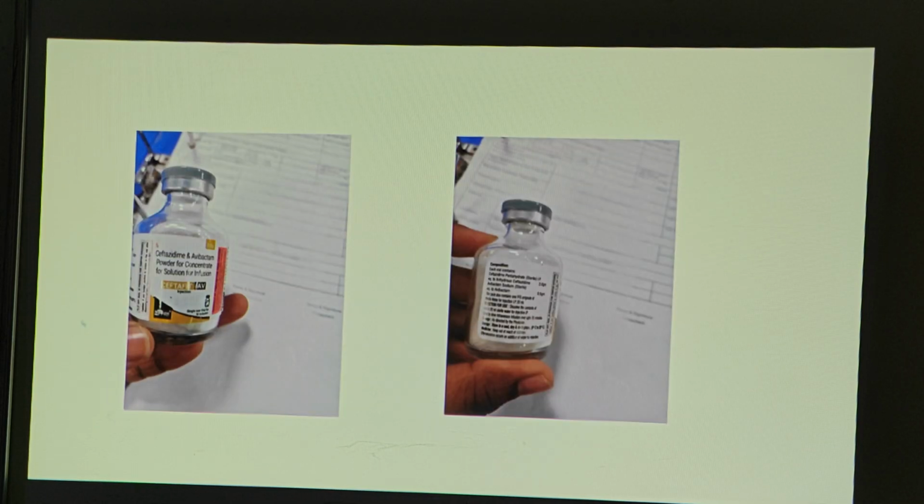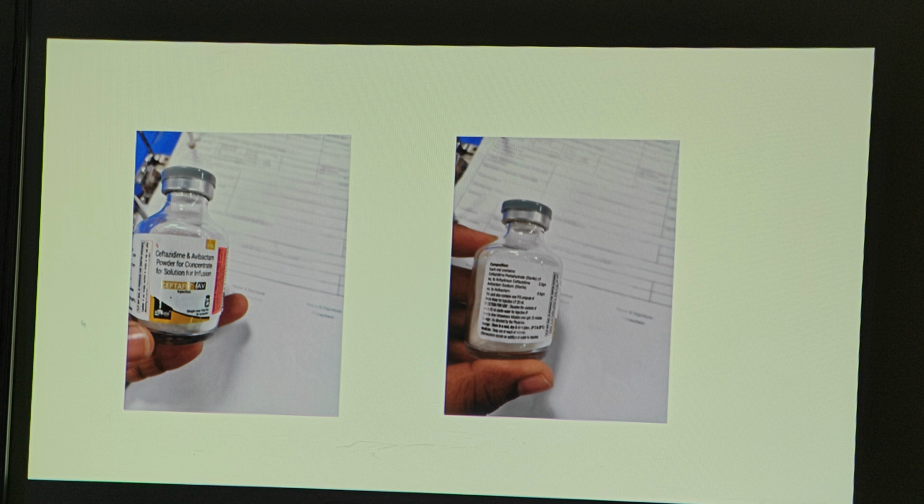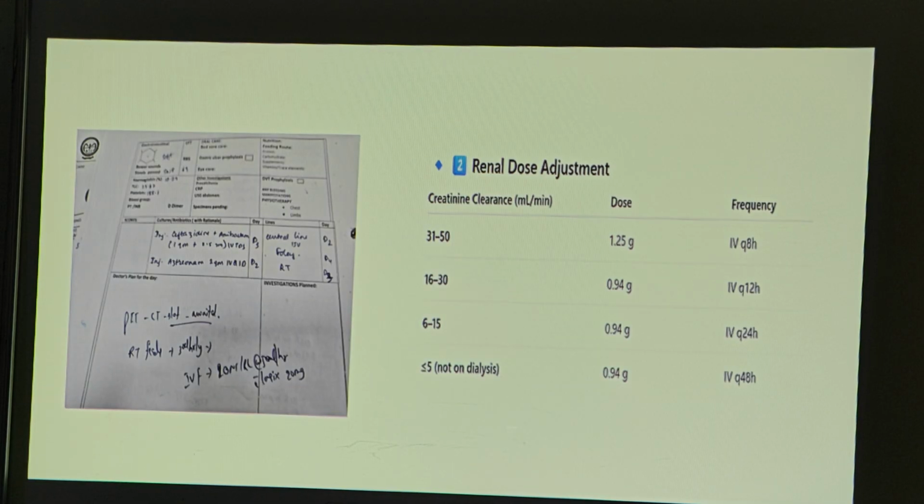So this is a problem in giving this antibiotic, because we know it comes as ceftazidime 2 gram and avibactam 0.5 gram. Yesterday I went and saw this particular patient and asked the nursing officer how she is giving it. In the prescription they had written 1 gram plus 0.5 gram IV TDS. The nursing officer says, I am not able to reduce the dose, I don't know how, so I am giving the entire dose to the patient. So this is the thing, how we have to titrate this antibiotic in this scenario. It is written as 1 gram, but the patient is getting the complete dose.